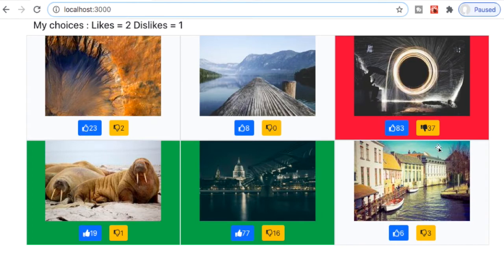And let's look for a dislike photograph. So this photograph has been disliked. So this is what we need to implement. And as it says, we need to implement it using two components. So one is the photos page, which is this whole main component. And then we have the photo comp, which is one single photo.